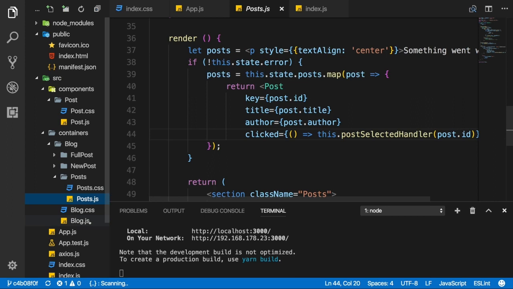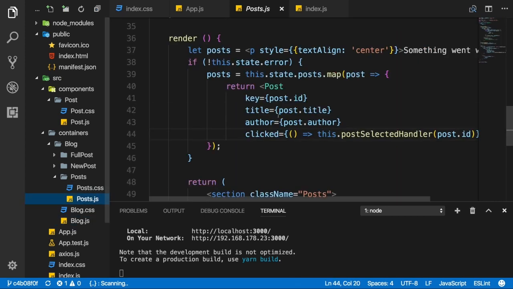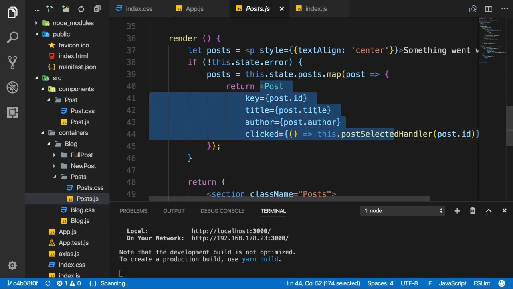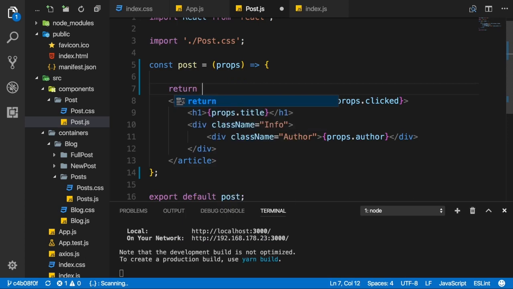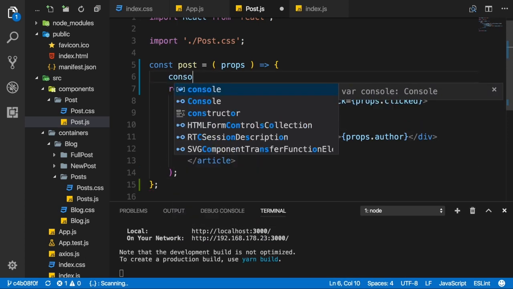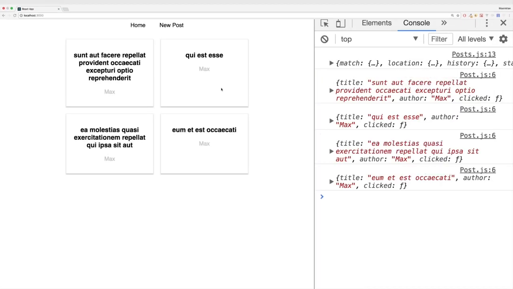The posts container is loaded with this route here in the block container. And the posts container simply renders the post component then. Now, if we go into that post component and for a second we turn this post component into a component where we actually return JSX like this, if we now console log the props, then you will actually see